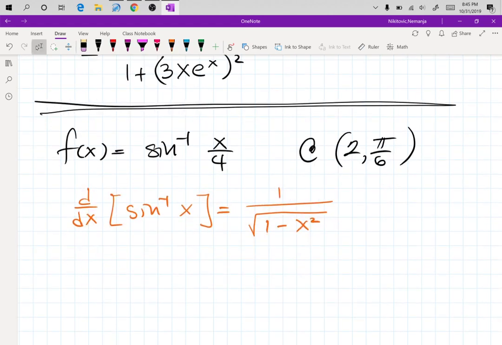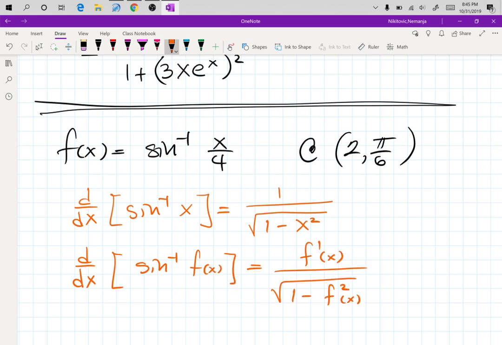If you want the f of x version, the derivative of sine inverse of f of x is equal to f prime over the square root of 1 minus f squared. Yes,